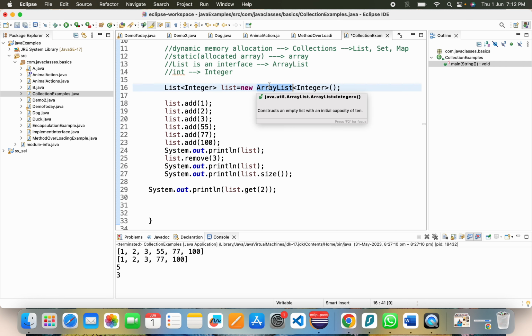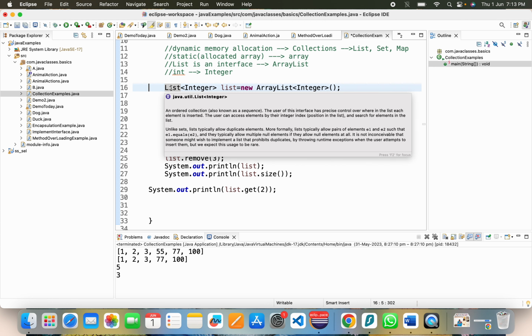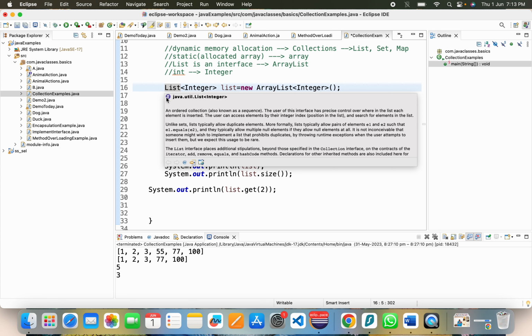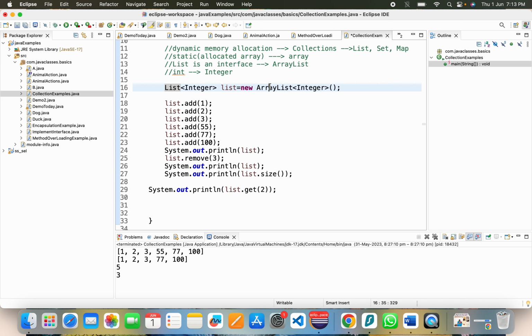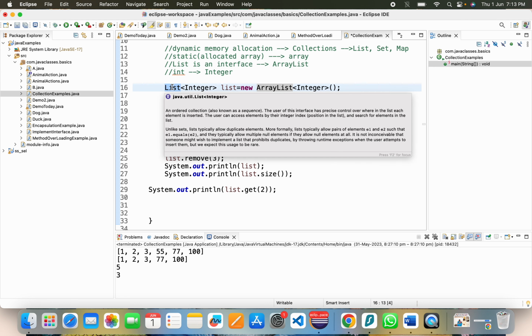So now this array list is the child of this list interface. List is an interface. If you want to know whether it is an interface or a class, just hover on it. Then you can see an I symbol, right? I means it is an interface, and if it is a class, you will have C. So you cannot create an object for interfaces. You cannot allocate the memory for interfaces, because the interface will have only the